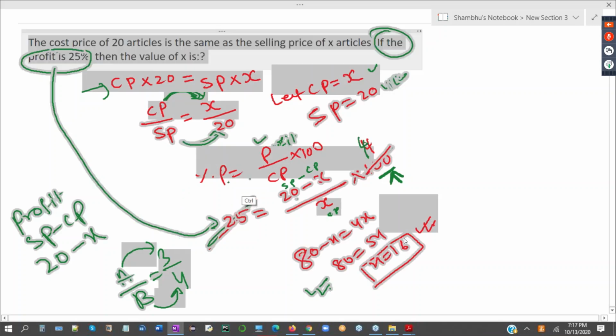Now practice some questions. First you practice some basic points properly in profit and loss. You have so many difficulties. Please practice some more questions. Now I will come to mixtures and alligation. Mixtures and alligation. Okay.